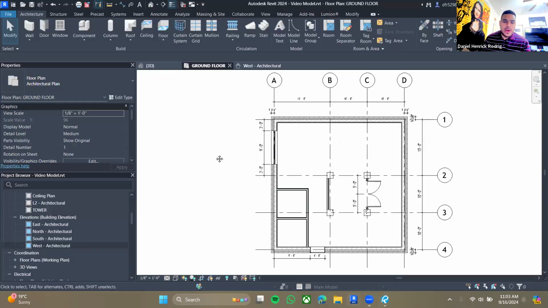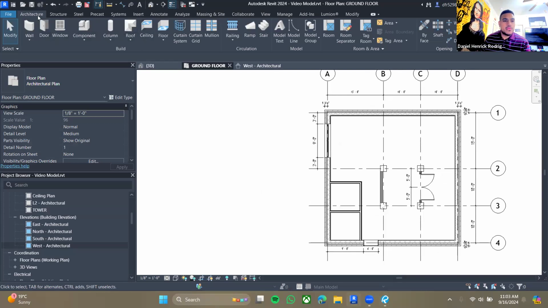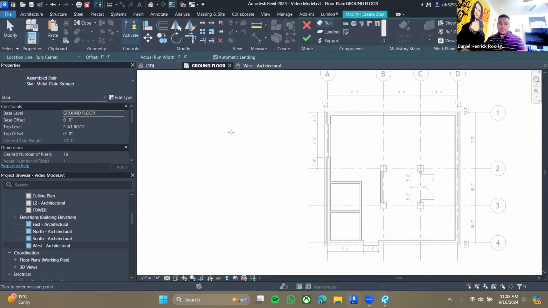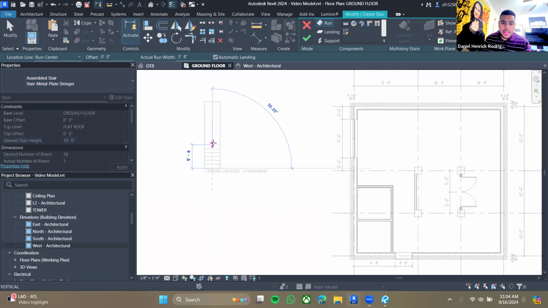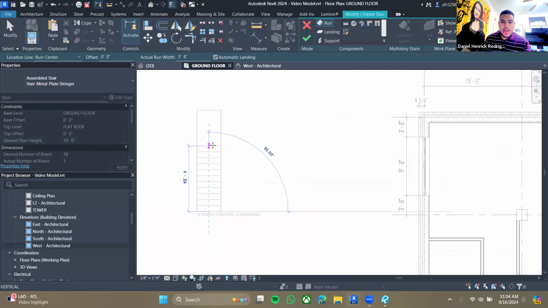When we make staircases in Revit, and the tool, by the way, is under architecture, within circulation, we have stair. The way that Revit works is, if we're on the ground floor, it's going to automatically calculate a staircase from the ground floor to the next level, which in this case is the flat roof. What do I mean by automatically calculate? When I click on it, it says, hey, you have 6 risers. If I count there, I have 6 drawn and there's 12 remaining. It automatically knows how many we need to the next floor. And that's within